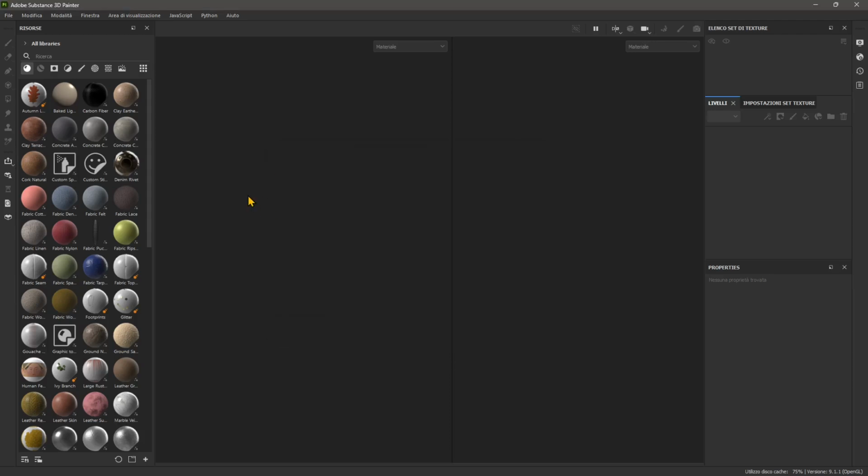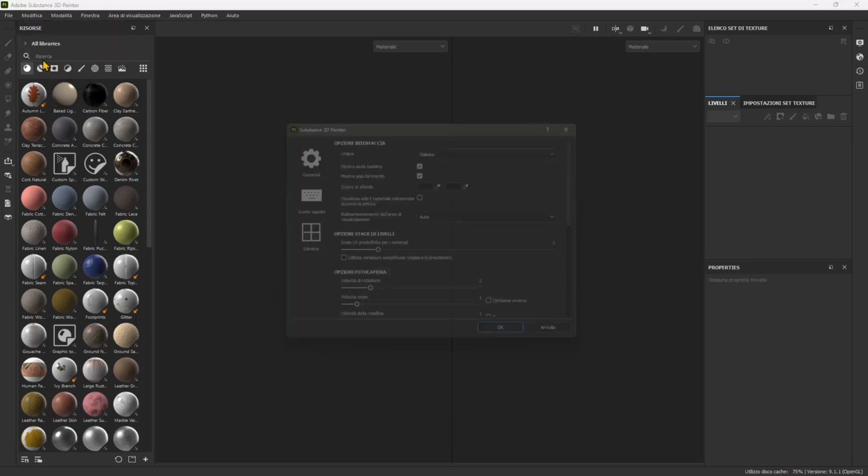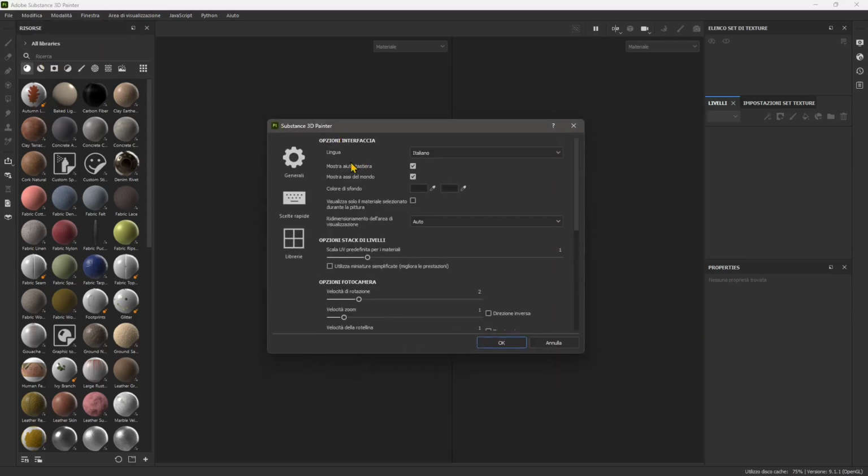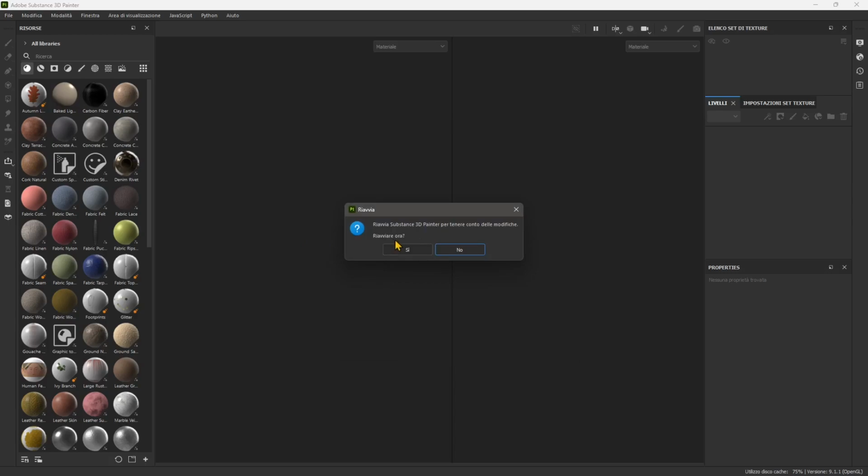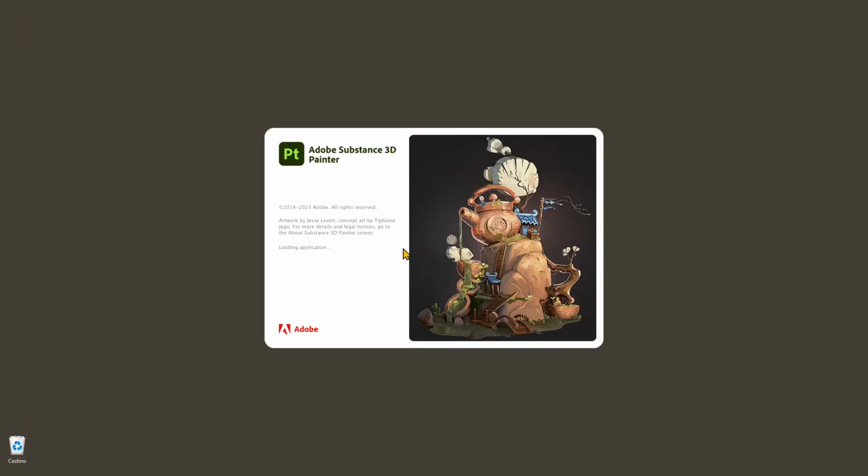And I'm going to change the language right away. So I'm going to go here to modify or edit, go to settings and just change the language from Italian to English and say okay. And I just need to restart Substance. So I'm just going to restart it. And there you go, we're going to restart, and now we will be in English, which is going to be the language